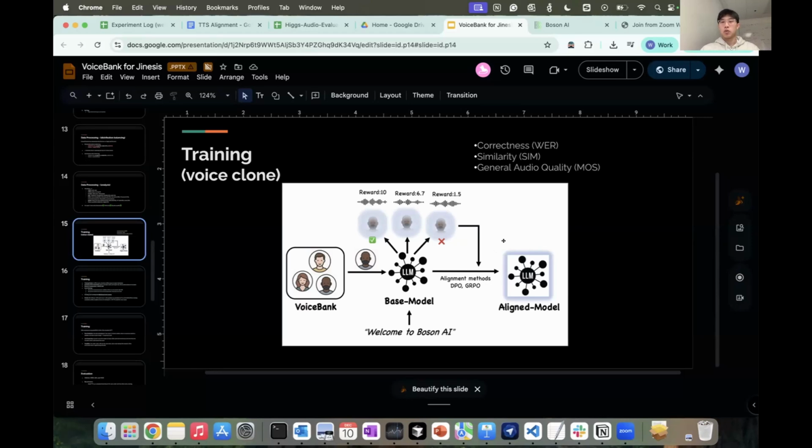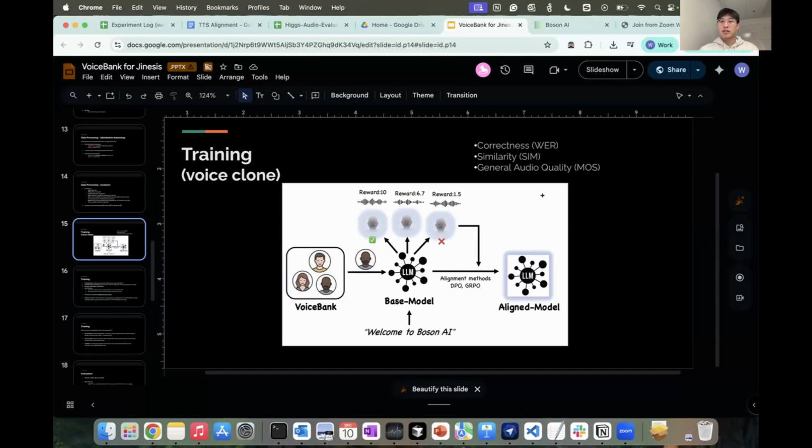For our case, we use three metrics to calculate the reward. The first one is the word error rate, which is basically the accuracy of the transcript of the audio clips you generated. The second one is similarity, a metric to measure how similar the voice you generated is compared with the voice you provided. This is the direct measure of the voice cloning ability.